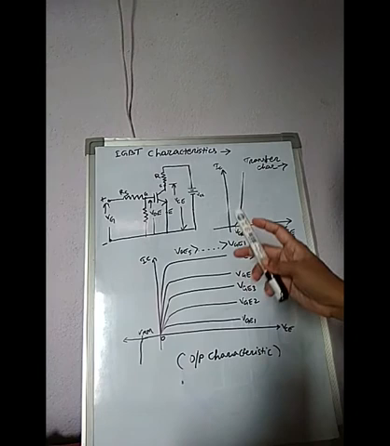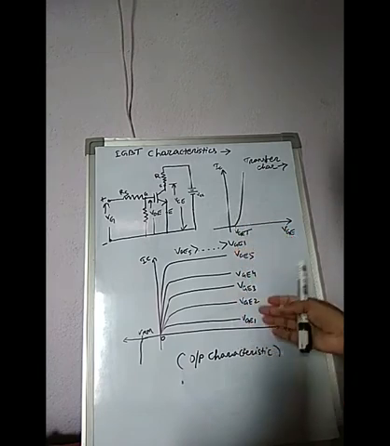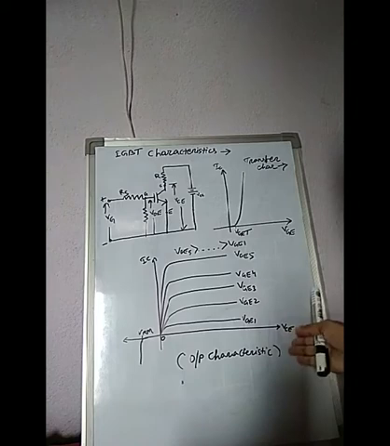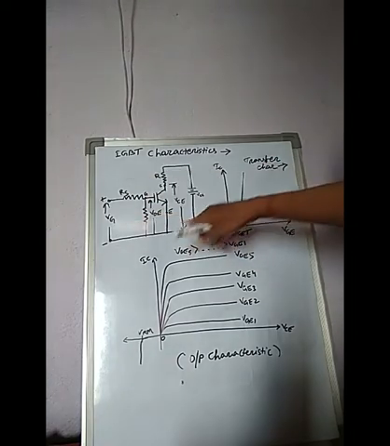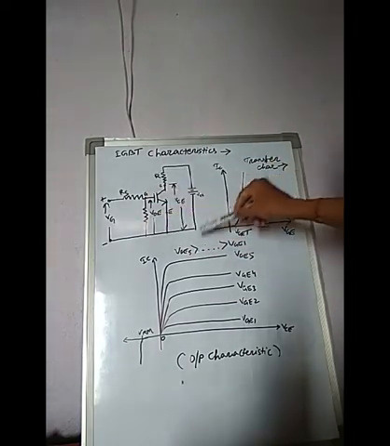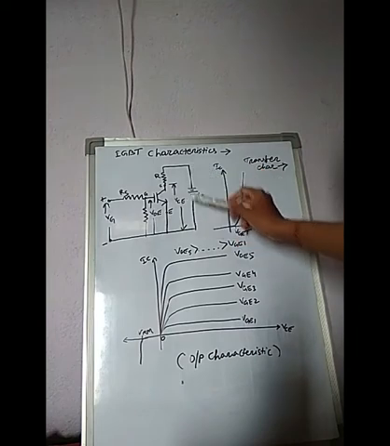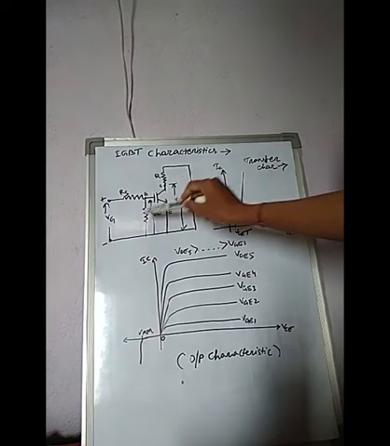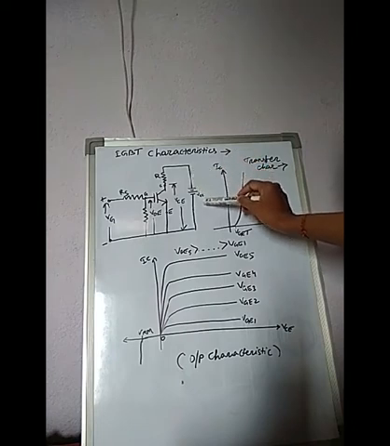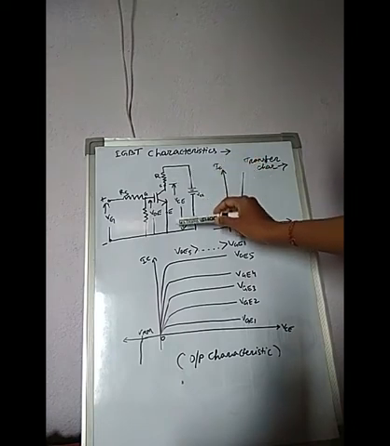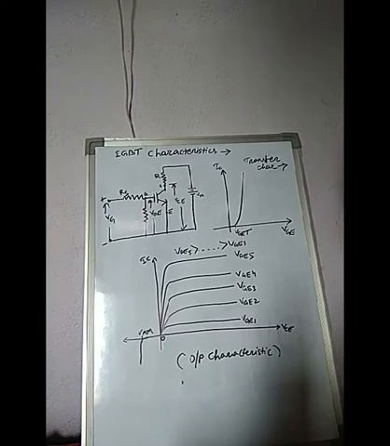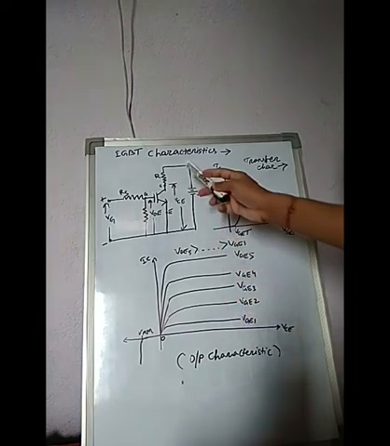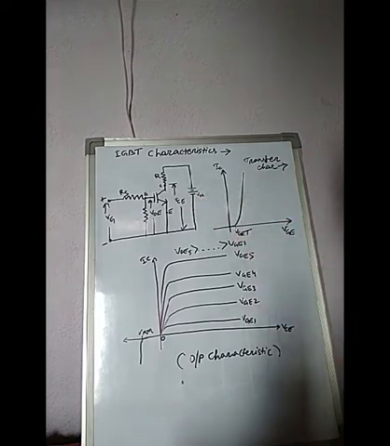The output characteristic shows the plot of output current, that is IC. This is the circuit diagram. From this circuit diagram, this is the output side and this is the input side. On the output side we give supply VCC between collector and emitter, and on the input side we give the supply between gate and emitter. So the output characteristics is the graph between output current and output voltage.